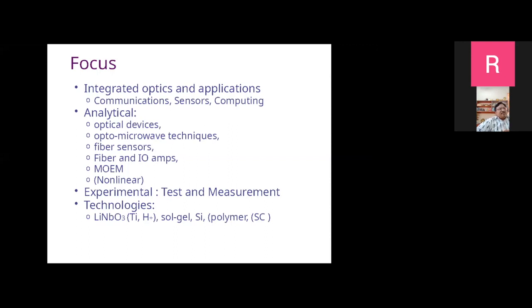So we have a little bit of facilities for experimental test and measurement. And as yesterday I mentioned, there is the Center for Nanoscience and Engineering in IISc, where we can fabricate many of these. We use these technologies. We have been working with lithium niobate, with titanium diffusion and proton exchange. Then we did sol gel, which we are not doing much now, but that is an important technology. And recently, silicon has become more and more important. And of course, for other applications, we have biomedical layers, some polymers, and so on and so forth. That is the brief outline of what we do in our lab. Okay, so you can please visit our lab website for details about all our projects and so on.